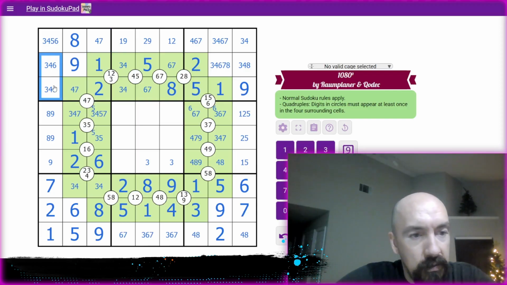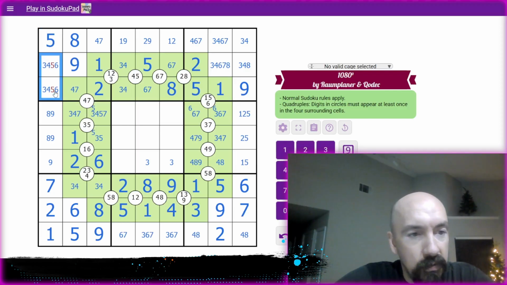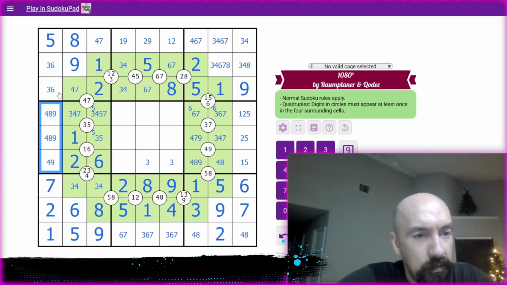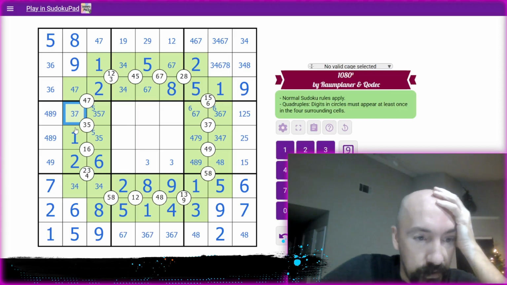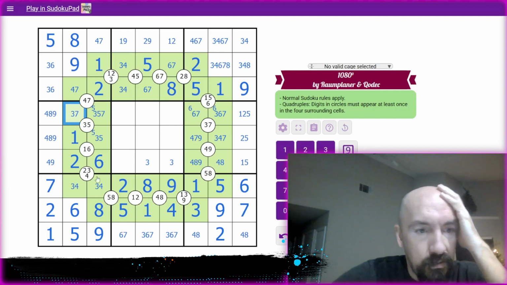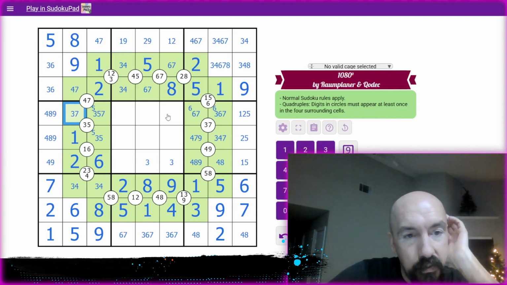Yeah. Puts the 5 here. Moves the 4s there. Okay. 3, 6. So this is now 4, 8, 9. 4, 8, 9. So I can remove the 4s from there. So 3, 5, 7 triple. Okay. 3, 4, 7. 3, 4, 5, 7. Okay. We have